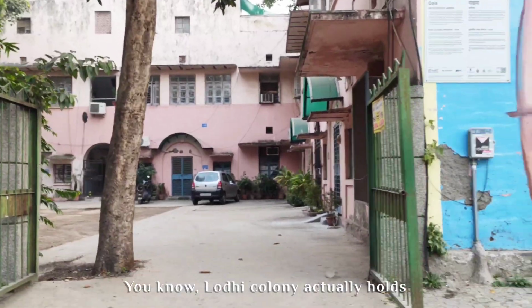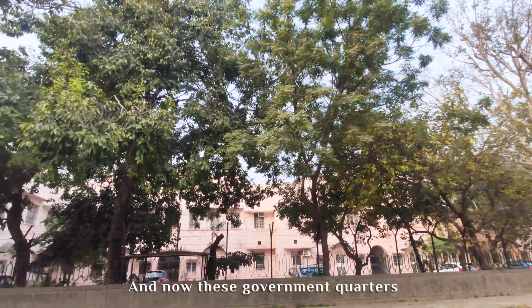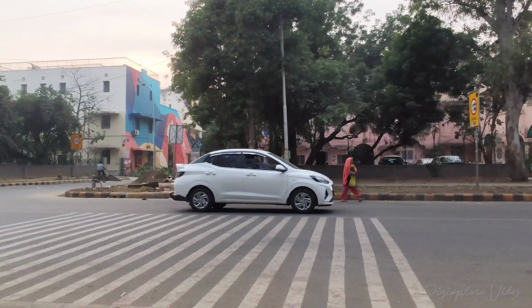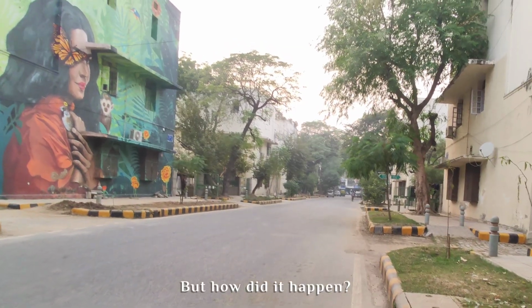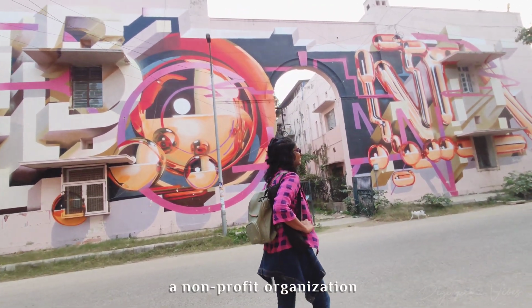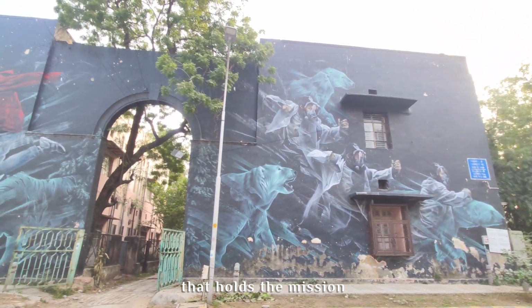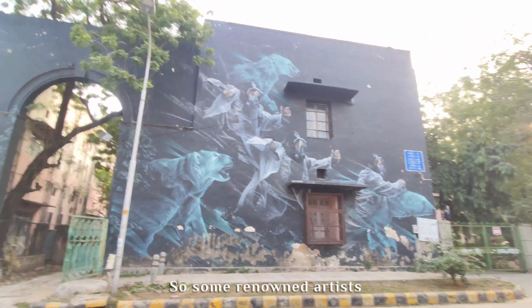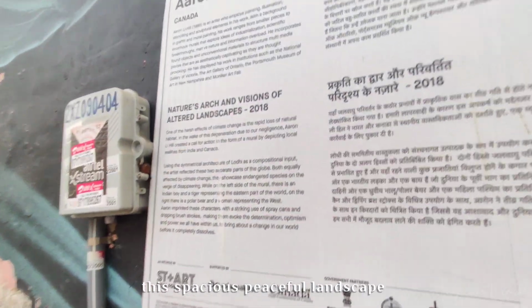You know, Lodhi Colony actually holds rich history from British times, and now these government quarters have turned out to be India's first art district, with amazing murals painted by almost 50 Indian and international artists. But how did it happen? Well, this great initiative was taken by a non-profit organization called Start India Foundation, which has held the mission to make art democratic since 2015. So some renowned artists across the world were invited to come and beautify this spacious, peaceful